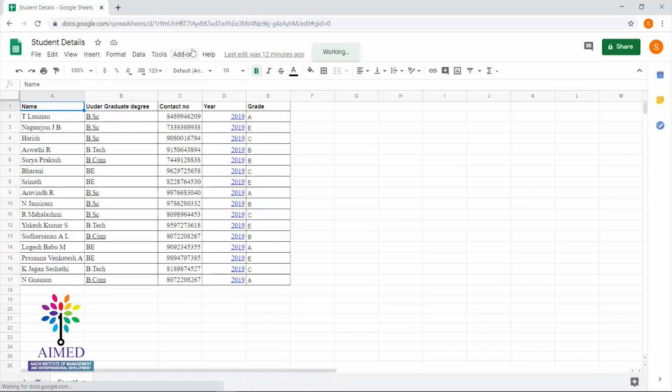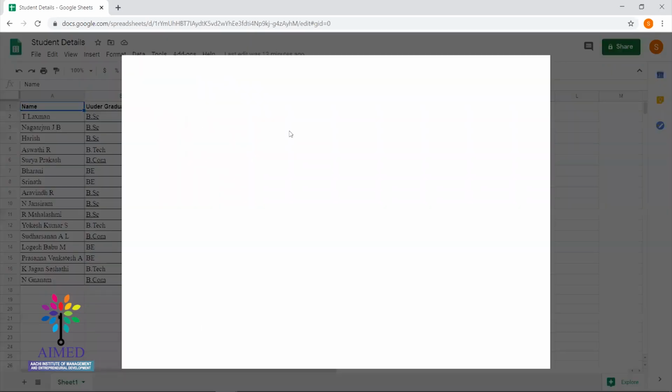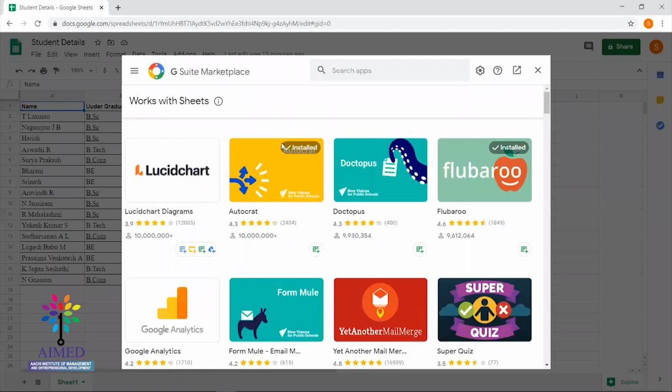And as I informed earlier, add-ons can be added within the application itself. Like we have seen the ways to add the add-ons, using G Suite Marketplace we can add, or we can add from the application directly. Here in Sheets, if you want to add add-ons, there is a menu option named add-ons. If you click that, there is an option to get add-ons. If you click on that option, you'll get a pop-out with the list of add-ons available with Sheets.